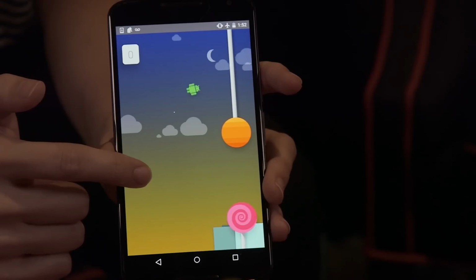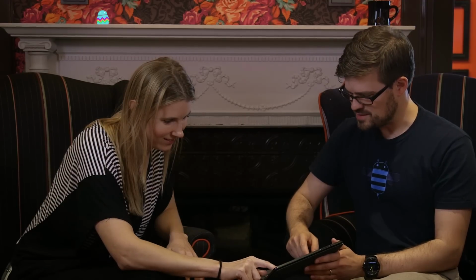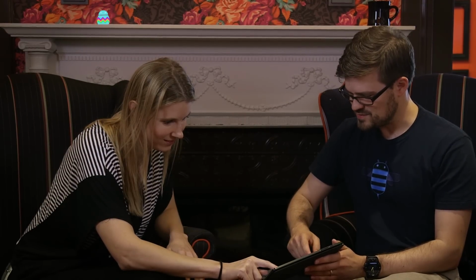I'm glad that this is a part of the OS because they do connect with people, particularly if you're a real fan. Like, oh, I know where this thing is. I know where this Easter egg is. I wonder what they did in the next version. So we're not going to show you what the marshmallow Easter egg is because Dan wanted to keep that a surprise. But you can always look for it yourself.